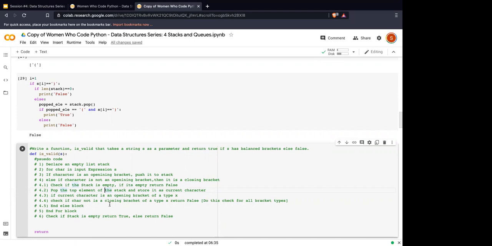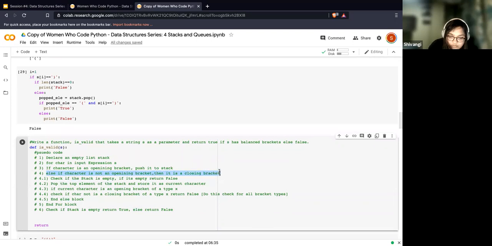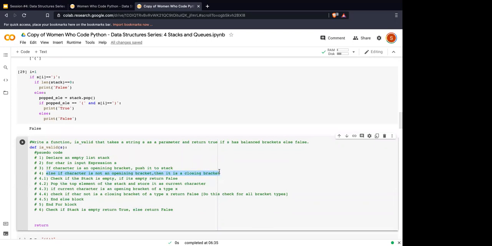Since there is already an if statement in the first line. Okay. This one, are we talking about the fourth point? Yeah, in your code, that's the fourth if statement. Okay.